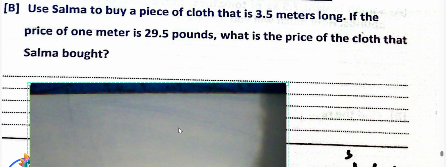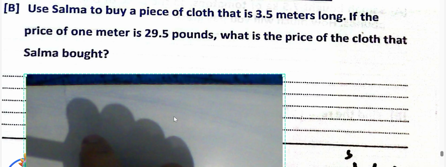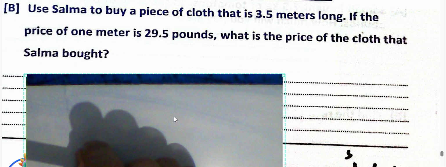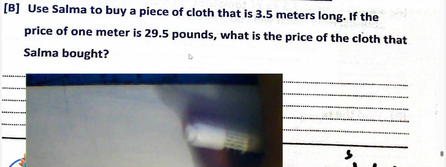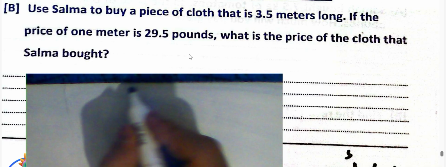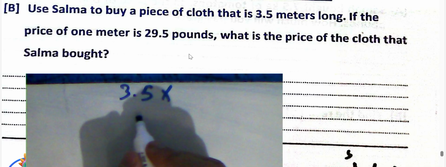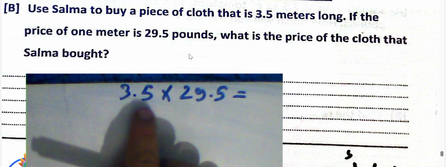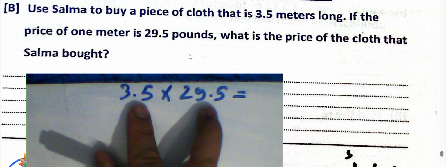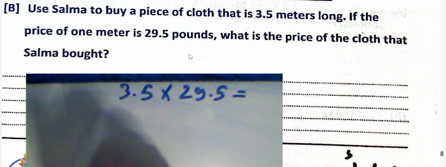Next question. Salma wants to pay for a piece of cloth that is 3.5 meters long. If the price of 1 meter is 29.5 pounds, what is the price of the cloth that Salma bought? Okay, we can find the price. The length was 3.5 meter, product by the price of each 1 meter, 29.5. We can product together. Look at the point here after 1 place and here 1 place also, then the result the point after 2 places. Then I will write here